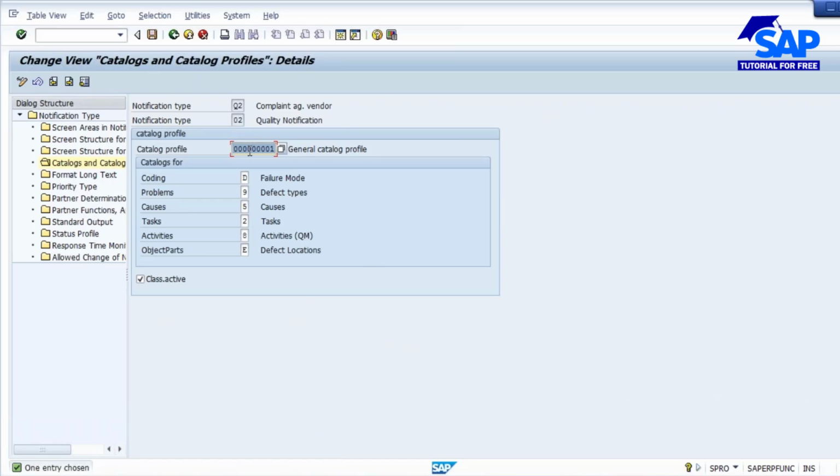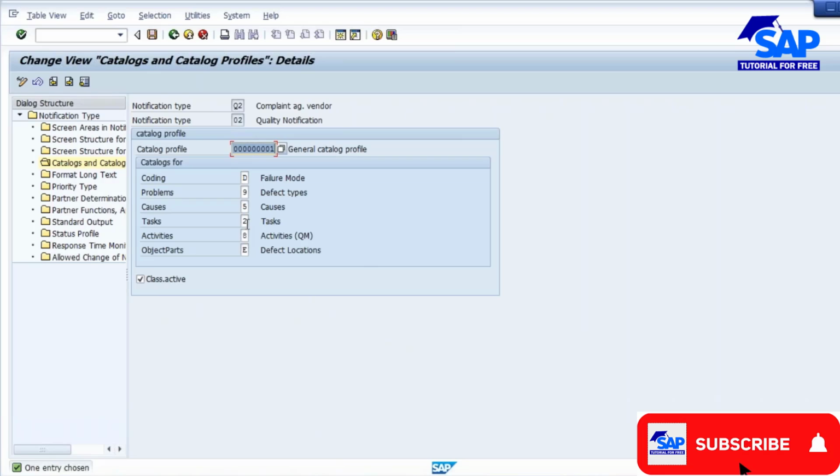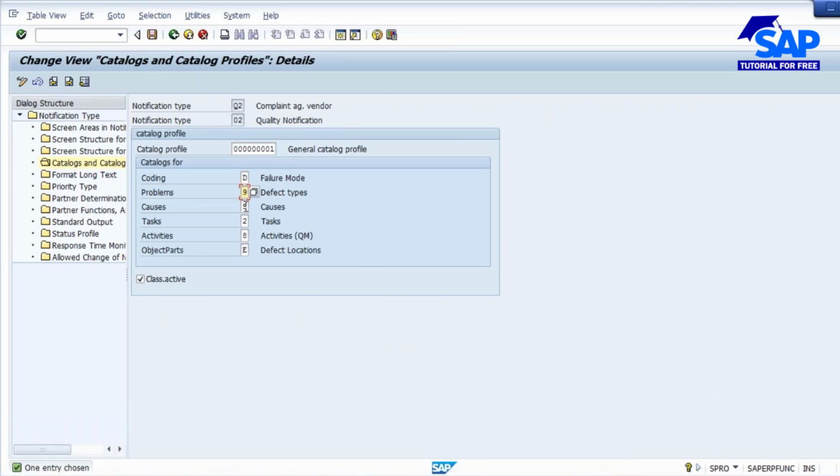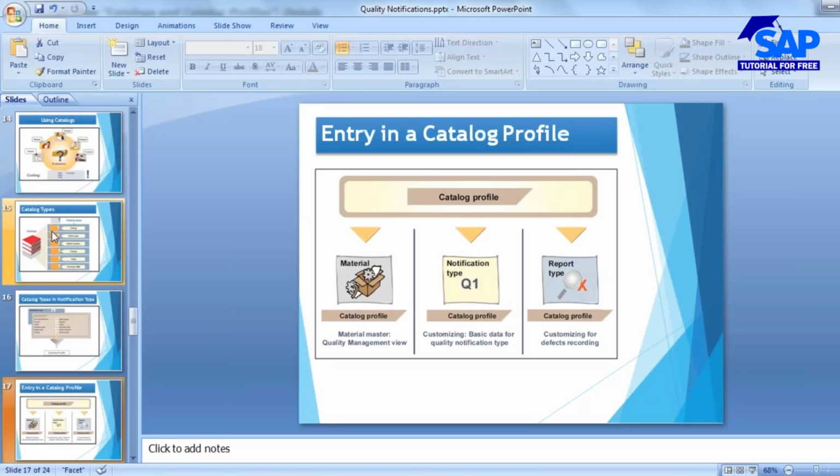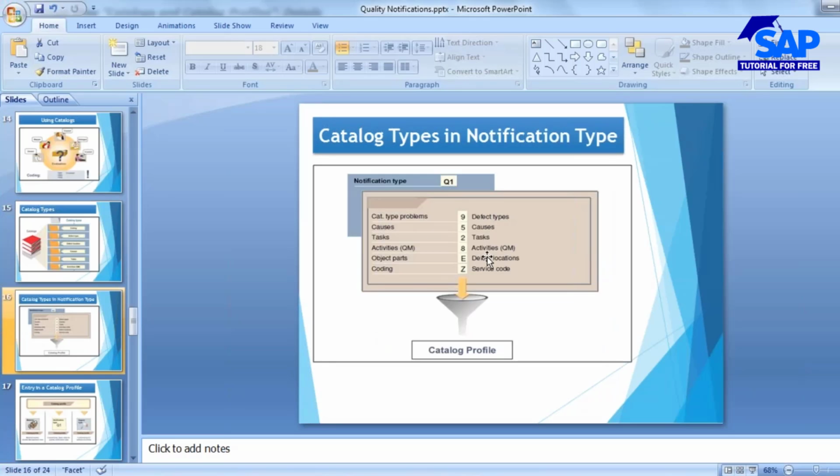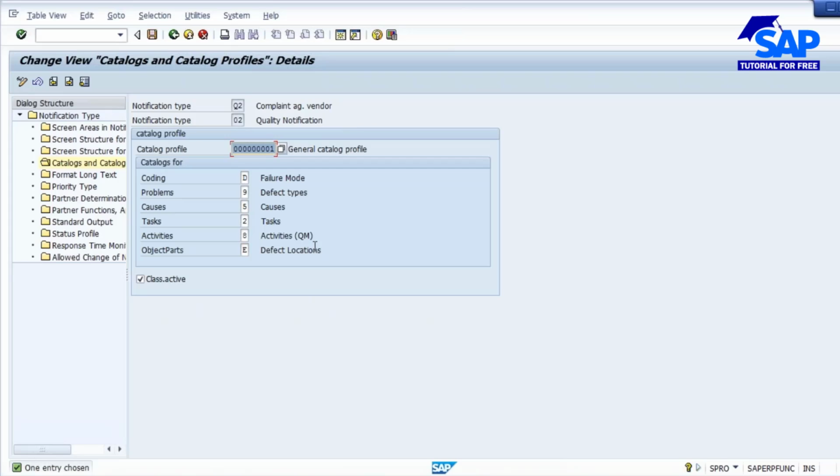In this catalog profile, all these codes are maintained: coding, problems, causes, tasks, activities, objects part, which I have shown you. These catalogs are maintained, and they are assigned to a catalog profile. Now I'll show you where this catalog profile is actually maintained.